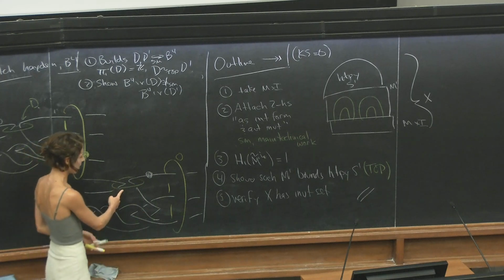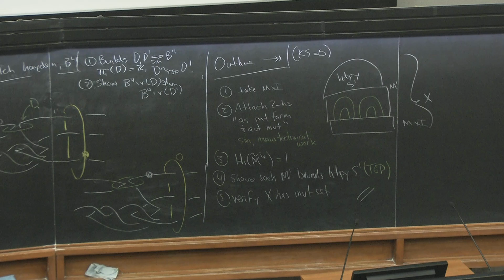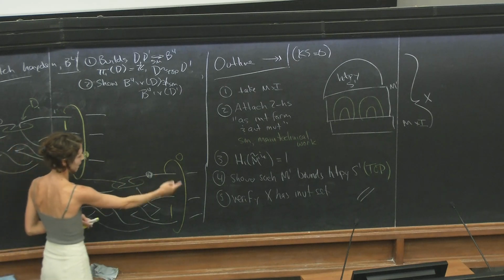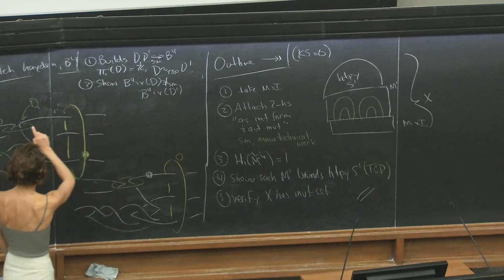So again, this green curve, this is some knot in the boundary of the 4-ball. And in fact, it's exactly the same knot as we had before, right? Because the boundary of this 4-ball is identified with the boundary of the other 4-ball. They have exactly the same surgery diagram. So these are the same 2 knots.